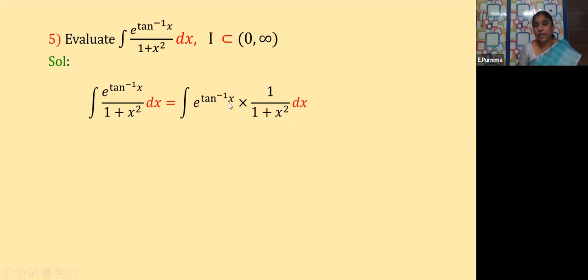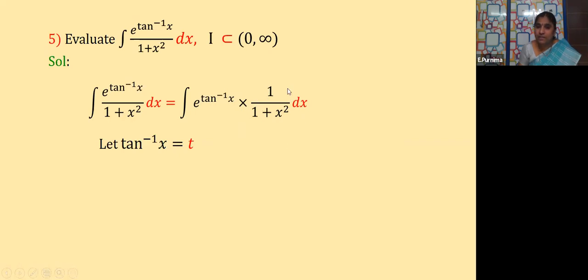So if you differentiate the tan inverse x term, we get 1 by 1 plus x square. Yes or not? So let us see here. Let tan inverse x be taken as t. Like that, you have to check, children. By considering this as t, the remaining x term. See, this is one x term and this is one x term.